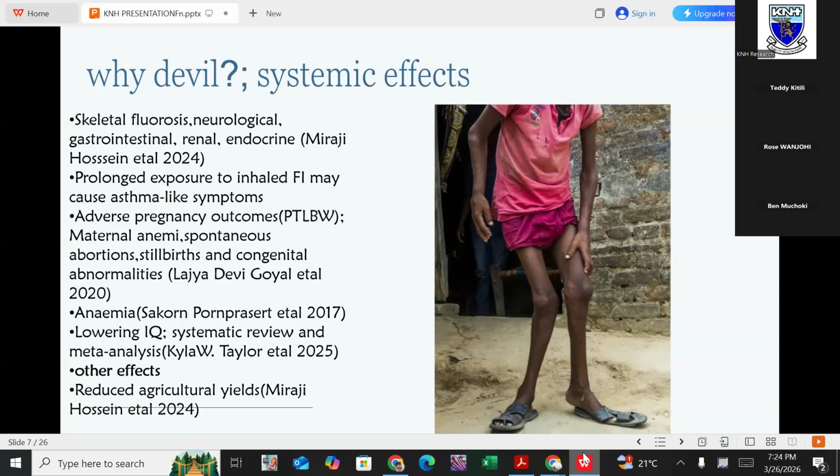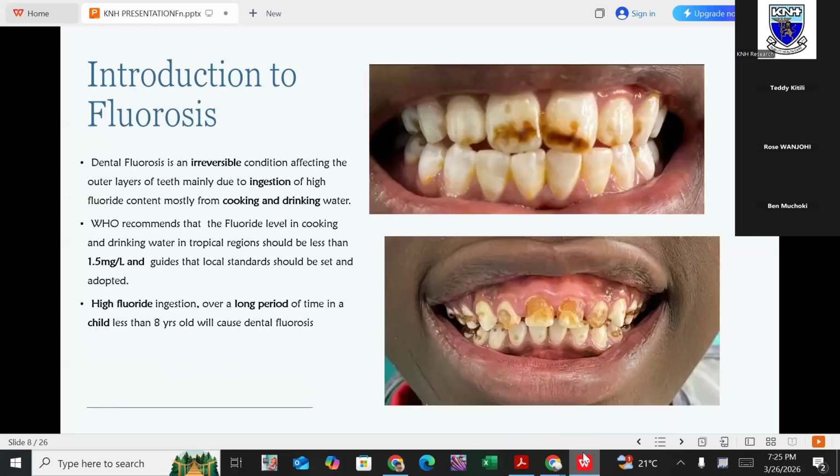So we have a lot of systemic effects. So it's not only about dental fluorosis. It is also about us taking care of the water that we are having, so that we don't experience these systemic effects. Let us now talk about